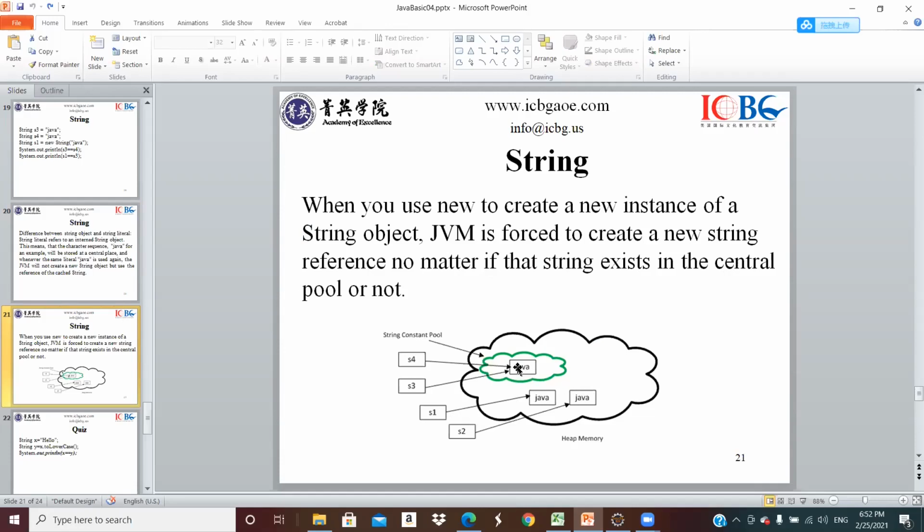However, if you use the Java string literal, Java will put all those characters in the central location here. If the system scans the central location and finds that "Java" already exists there, it will pull that out and assign it to this variable. It will pull it out again to assign to this variable. That means S3 and S4 point to the same